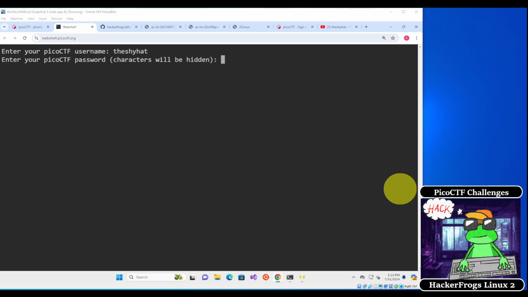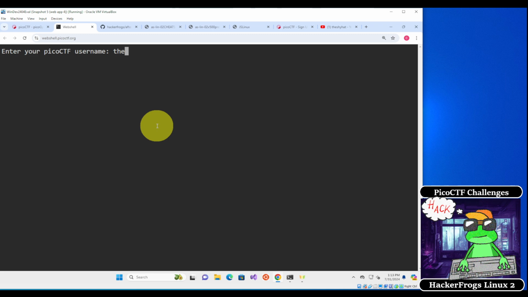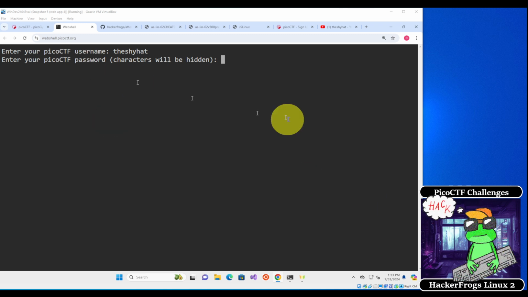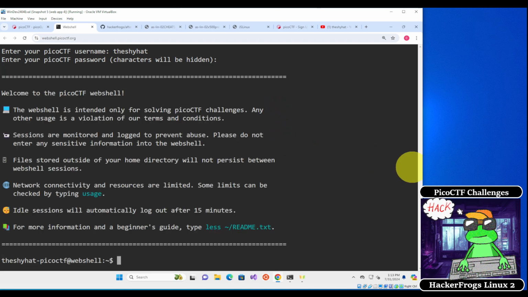So I'm going to copy my password, and then I will paste in my password. Invalid username or password. Okay, well, let me try that again. Okay, then I will paste in my password and I will log in. Okay, so everybody, this is how you log into the